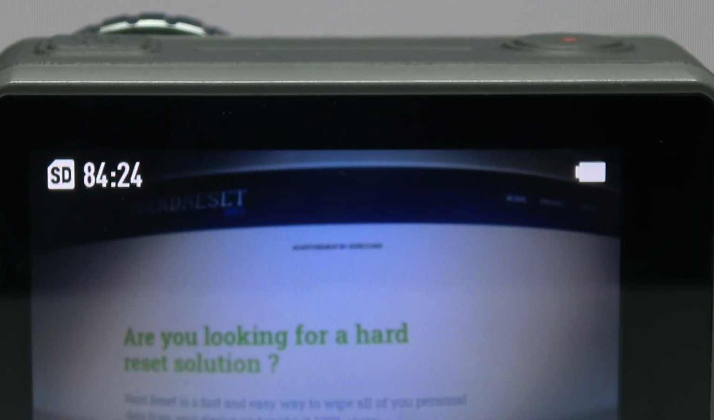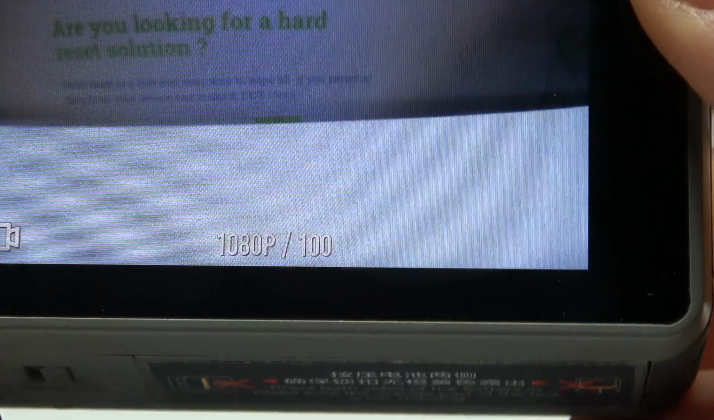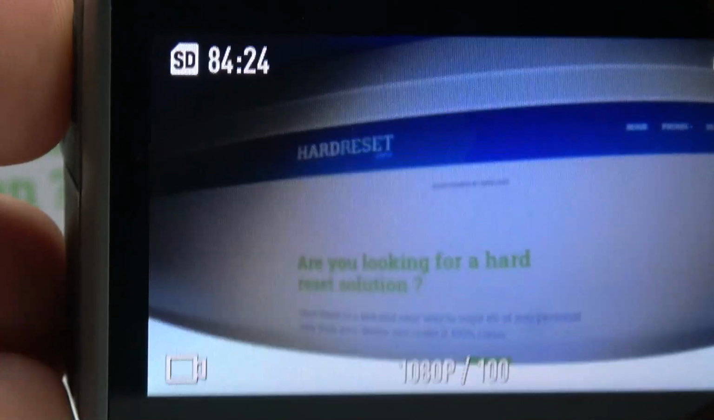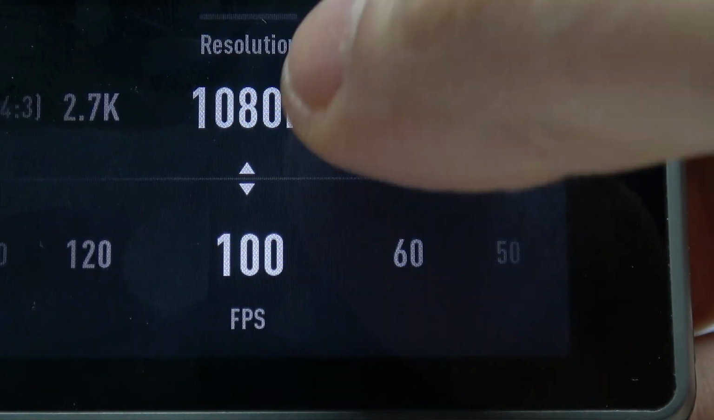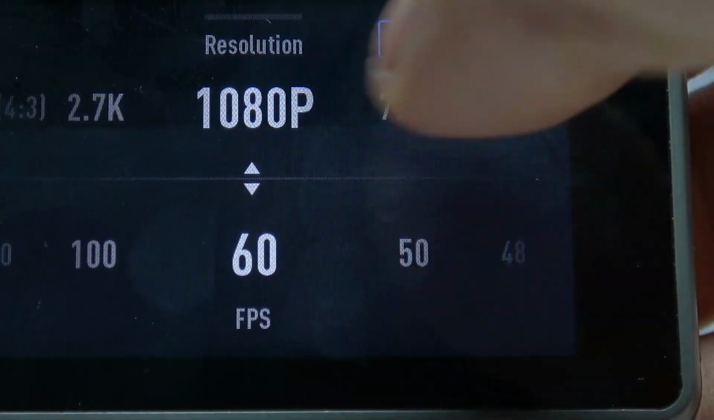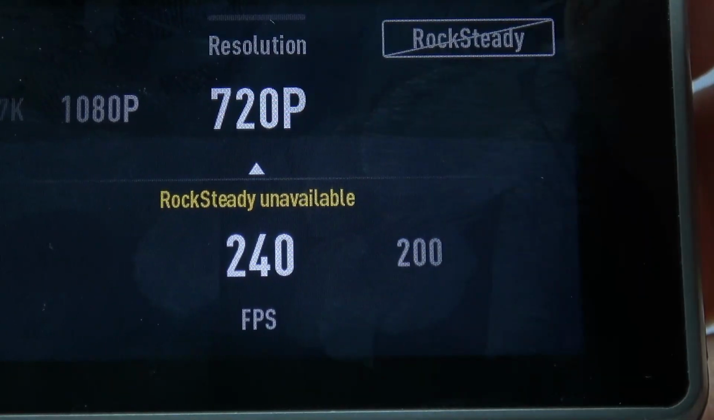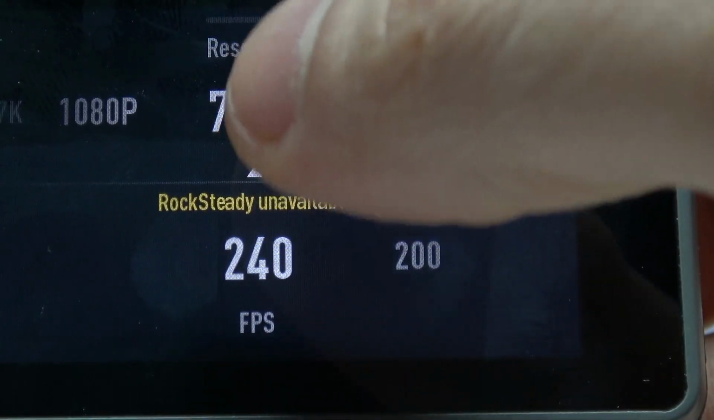Here I have DJI OSMO ACTION, and today I'm going to show you how to enable ultra steady mode on this device. So first of all, you'll have to switch to the video mode by pressing this quick switch button. Then you go to the video mode, and when you're in video mode you just have to swipe your finger like this. Go to its resolution and FPS settings, and in some of the sets, like for example in